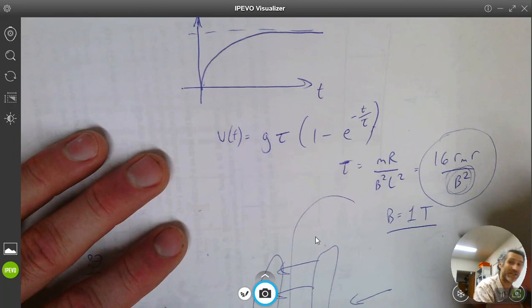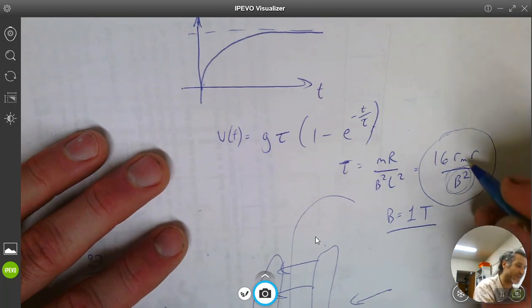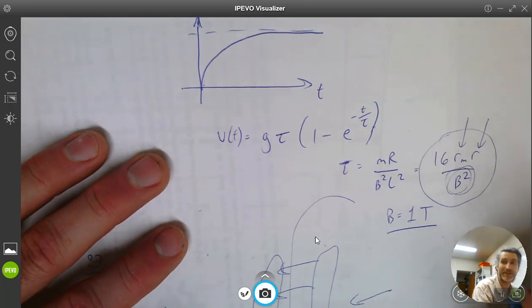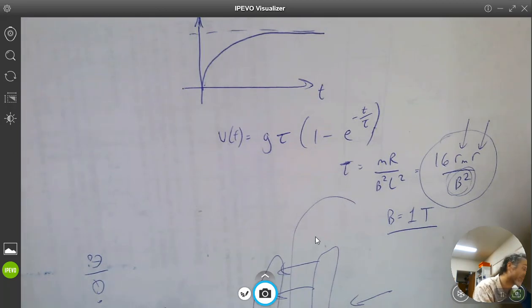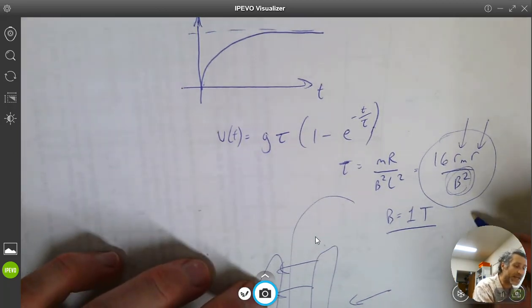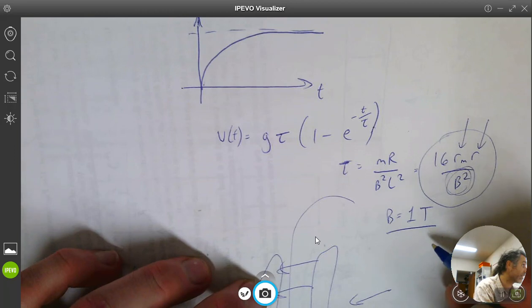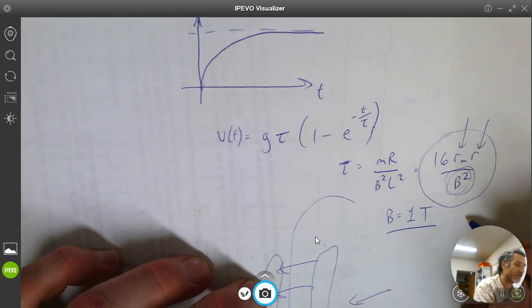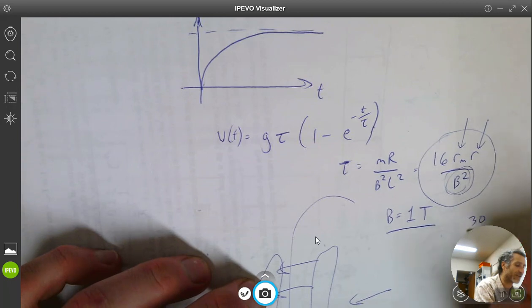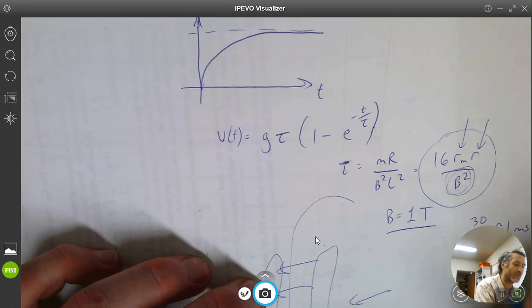For aluminum, I wrote down the numbers in my solutions. You can find out what these two numbers are by looking them up, or I supplied this for you. I got something about 30 milliseconds for 0.2 Tesla. So for one of you, you chose 1 Tesla, so that would be 5 times as much, so that'd be 25 times less. So I would be talking about 30 divided by 25, so approximately 1 millisecond for a 1 Tesla field. That would be what I would roughly guess.